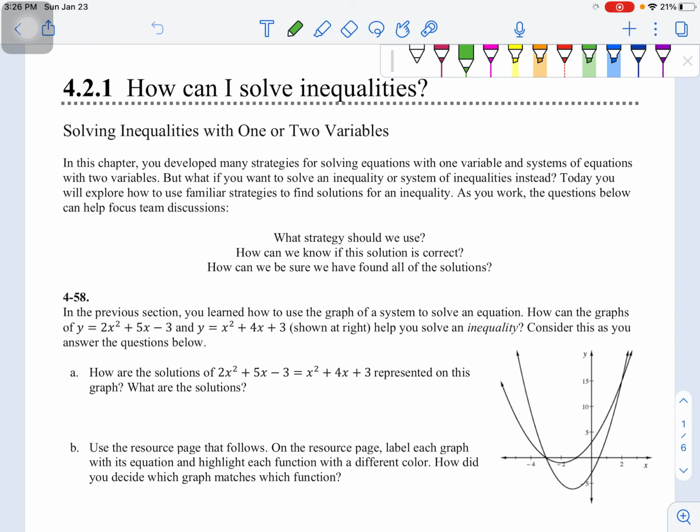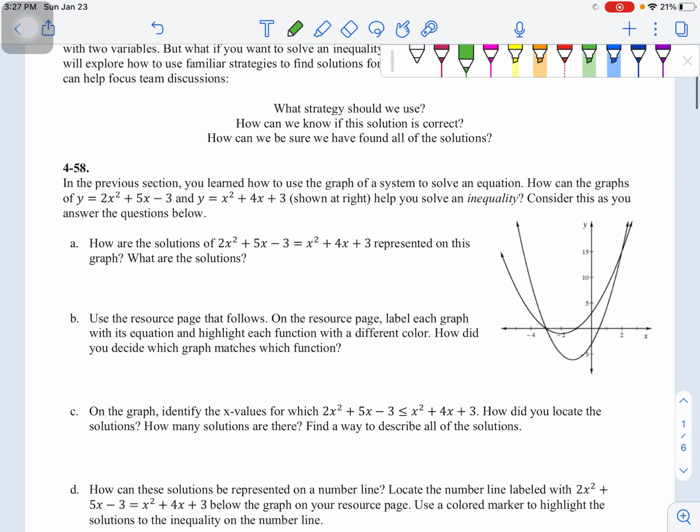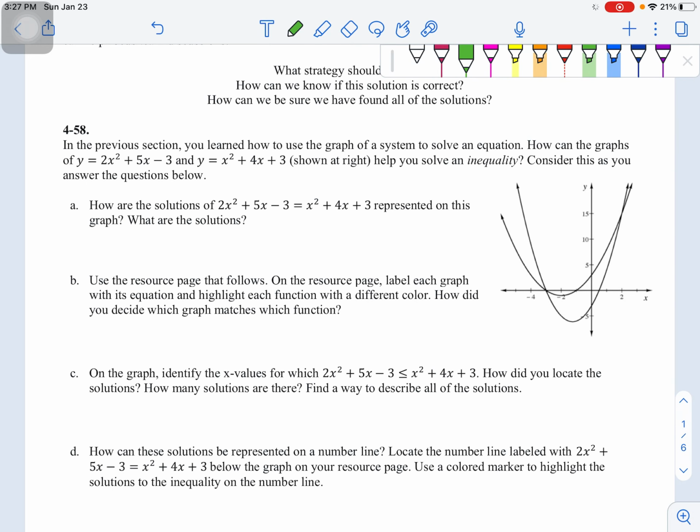Well, an equation has an equal sign. An inequality will have an inequality symbol. So a greater than or equal to, less than or equal to, or just a greater than symbol or a less than symbol, okay? And if we look at 4-58, we're given two equations, and we found where they intersected,